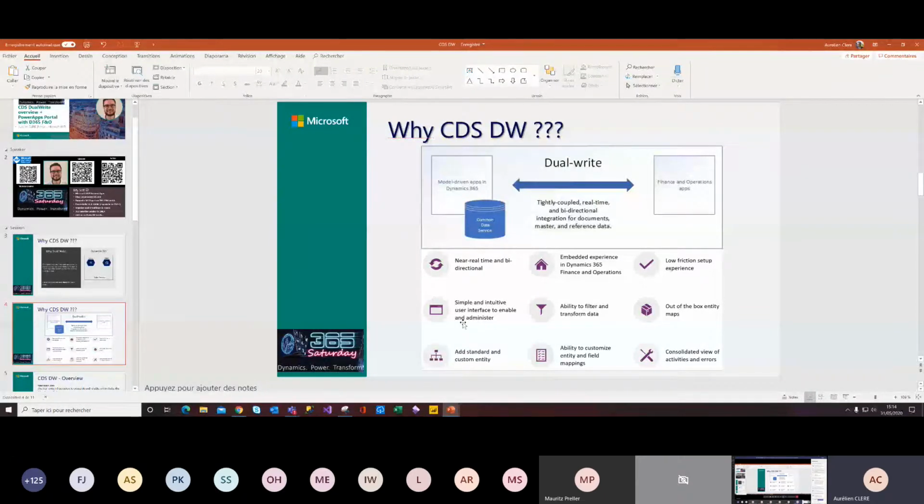This is coming from Microsoft, and this screenshot was not made by me. And yeah, it's quite simple. At the end, I think the configuration is not very, very easy. But after it's configured, the steps to do the mapping, etc., are really simple, and you can filter and transform your data.